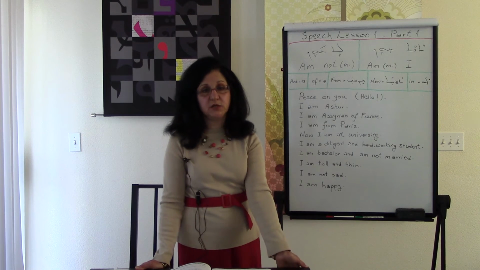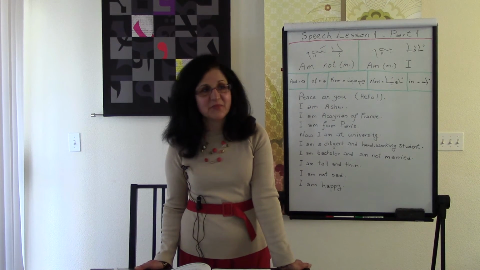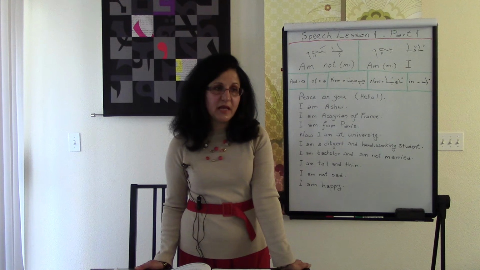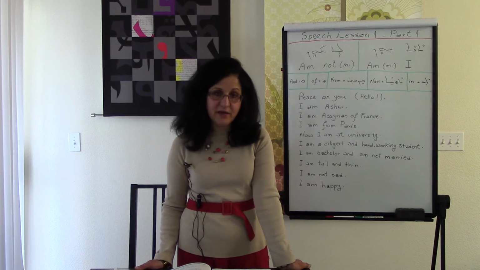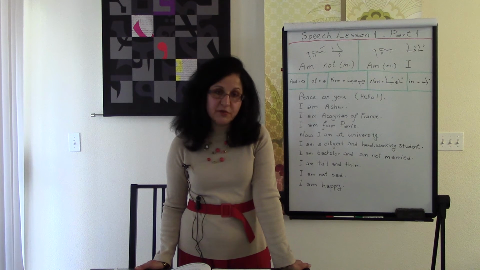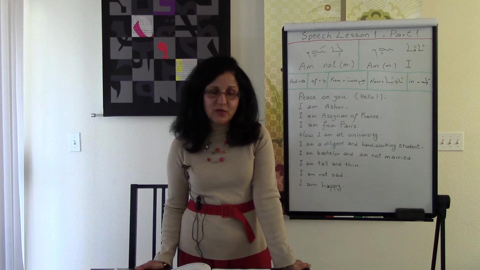Now you notice that he does not give us his age. Do you think that he's being discreet about it? But actually no, the reason is that we use a different verb, the verb to have, in order to tell our age. It's like in French, j'ai 20 ans, I have 20 years. And I'm afraid you will have to wait until book 2 is out so that you can learn the verb to have.